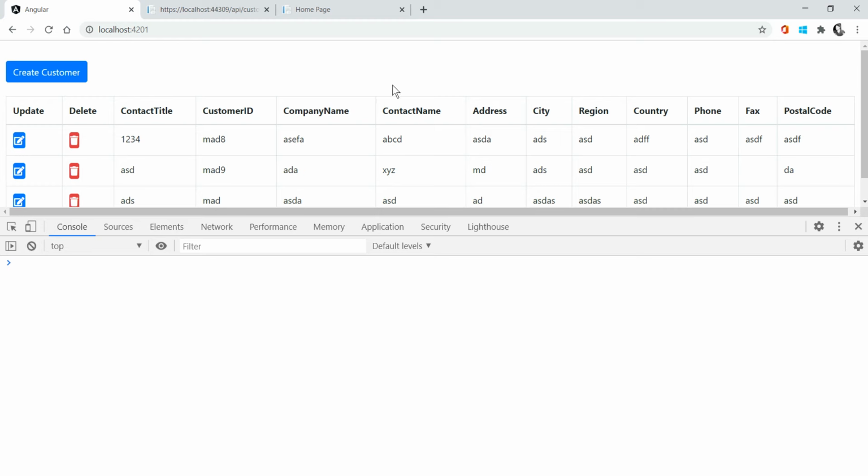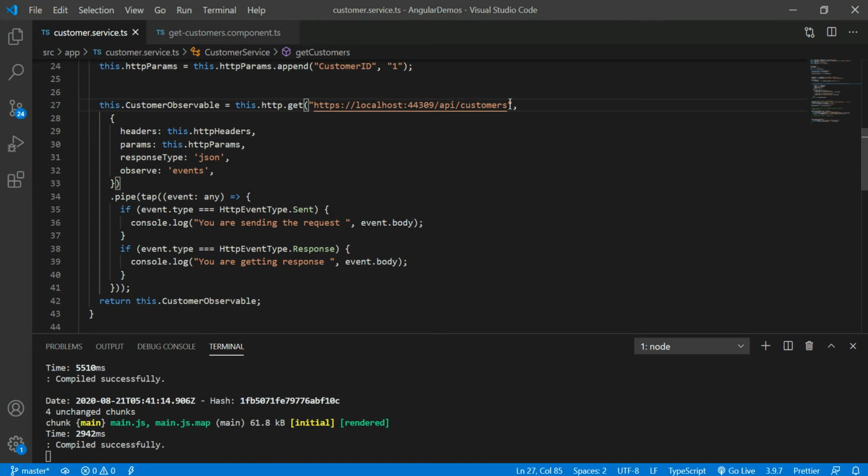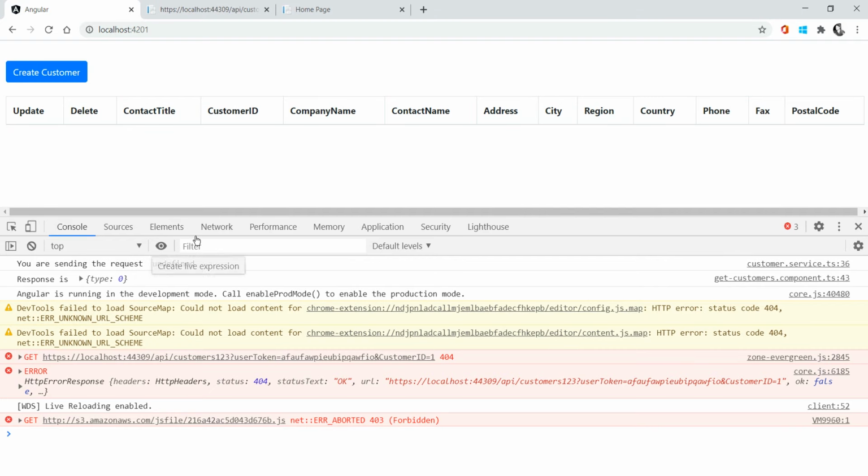Hi everybody. Today we will discuss how to handle errors in Angular. Here, if you see the API, right now it is a proper API. Suppose you try to give the wrong API from here. So what will happen? The web server will definitely be unable to find this API, and we will get an exception from the web server. So you can get the exception like this.